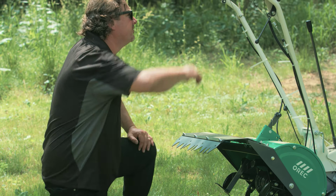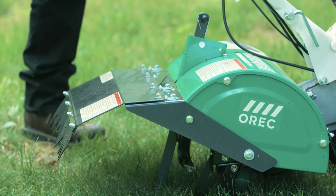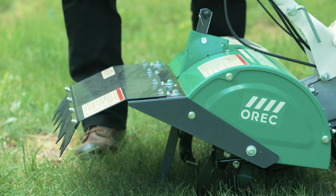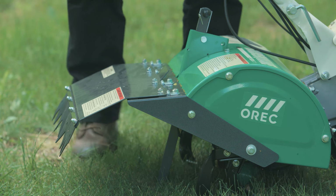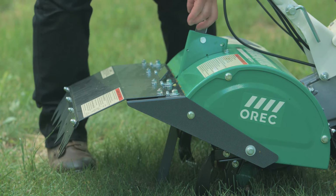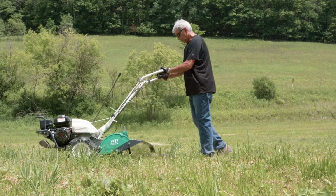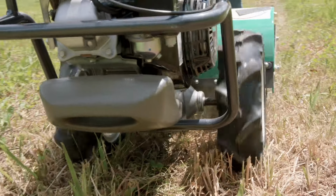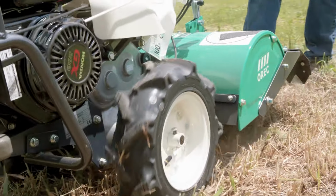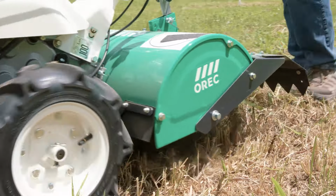We're just going to lean the machine back down so you can see how to adjust the tilling depth. It's a good idea to set your tilling depth before you start up the Gardenquake. Just pull the depth adjustment bar a little bit back to unlock it and set it to your desired depth. There are 6 positions you can use. If you're breaking new ground or sod, it is best to go shallow on your first and possibly second pass. That means you want the depth bar to be all the way down, so the tines are not digging too